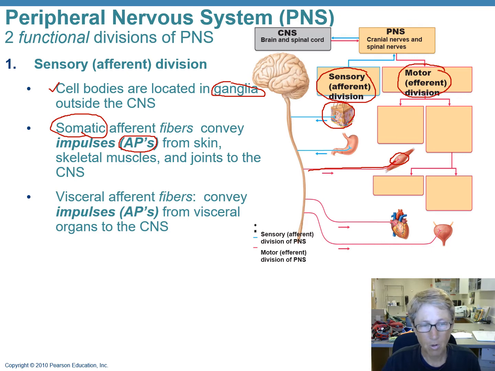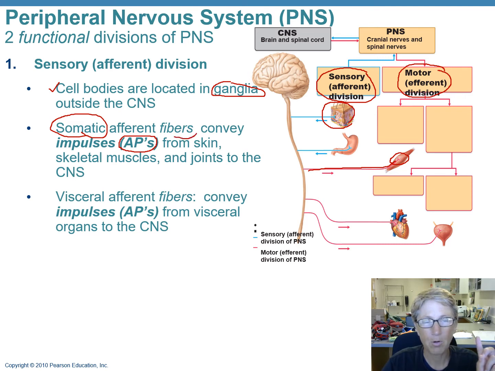Those are somatic afferent fibers, but then there are also visceral afferent fibers. They also convey action potentials to the central nervous system, but visceral afferent fibers convey information from the visceral organs, like the bladder, the stomach, the intestines, to the central nervous system. This is a really important distinction. Afferent fibers, oh yeah, let me back up. This is tricky because